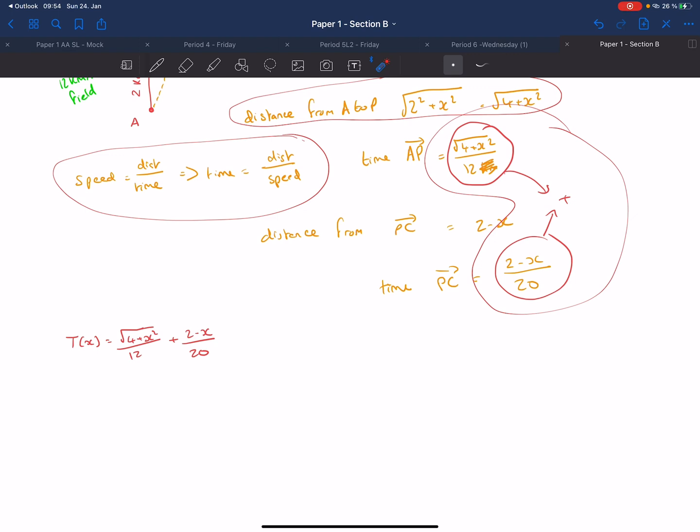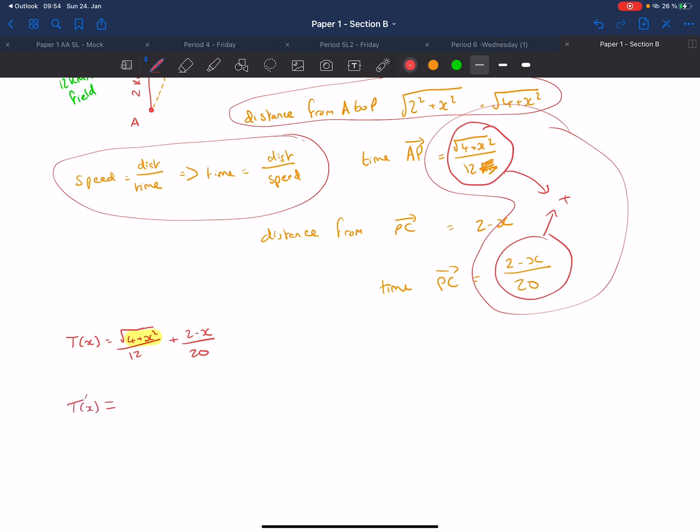And I'm not going to let it impact the rest of my process. The other thing to note is here I have a function inside a function. So I'm definitely going to need to use the chain rule to differentiate that. So if I take a look, inside 4 plus x squared is my blah. Let me highlight it. So 4 plus x squared is my blah. So I've got the square root of blah as what I want to